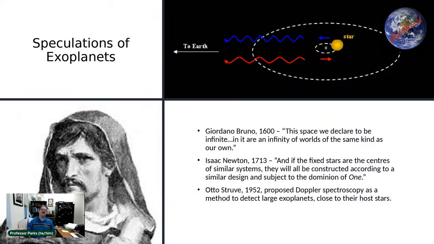I'll be getting into this more specifically later on, but for now, let me just say that if an object is emitting light and it is traveling towards you, you will observe that light as being slightly bluer than it was when it was emitted. In the case that the emitting object is moving away from you, that light will be redder.